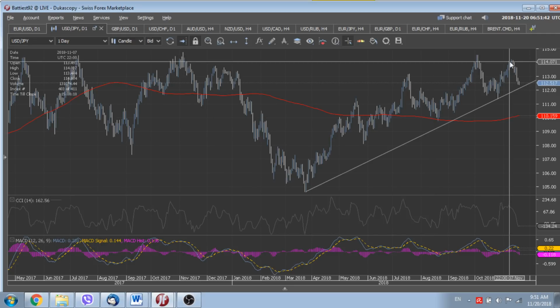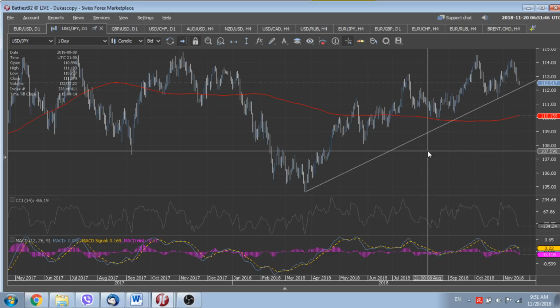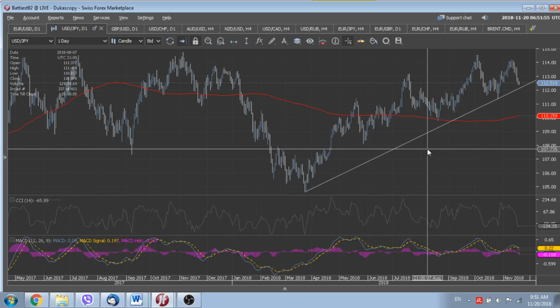Now, if such a cycle of dollar weakness continues, we could see some real changes in the currency market that could result in a really weaker United States currency. But of course, such a situation should be confirmed, and probably the end of 2018 and the start of 2019 could be a turning point for another step in the dollar weakness.